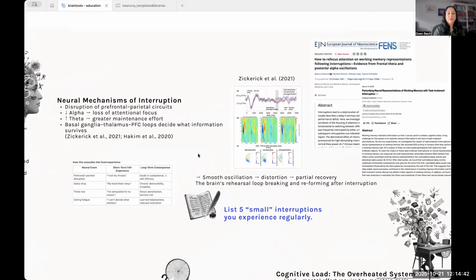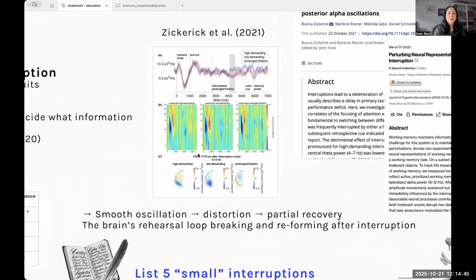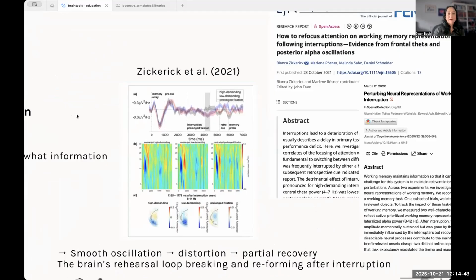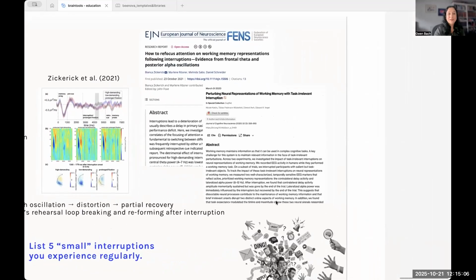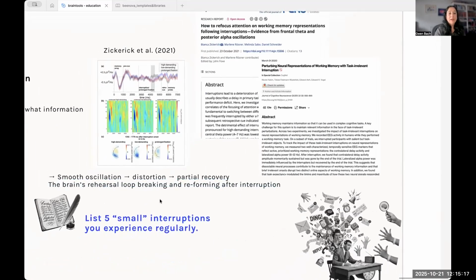So how does interruption look like in the brain? And this is just an image of what happens on an EEG. So here, the gray part, this is the whole loop, and here is the interruption, and it needs to reform, and you can see that here after the interruption. And if you're interested to go more deeply into the science, those are two research papers that I'm basing it from, and this image is from the Zickerick research paper. And so you see the whole smooth oscillation, and then it kind of gets distorted,